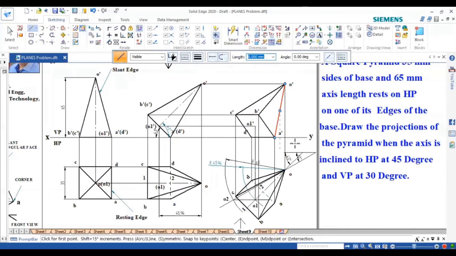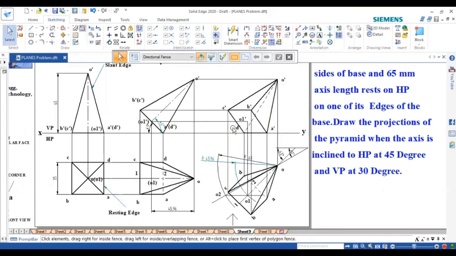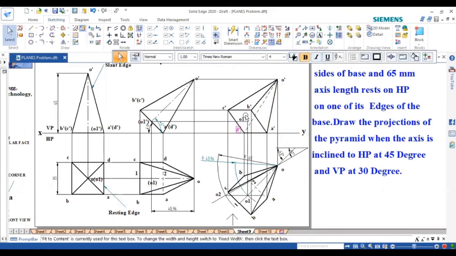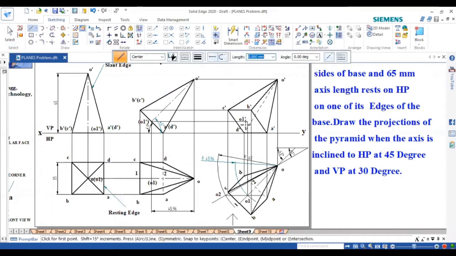See now, this is how the visible edges are identified, right? So O dash A dash, O dash B dash, C dash. The upper edges are first visible. Then the one not visible, the farthest end from the apex, is O dash D dash. So that should be a hidden line. So this is the hidden line, and that will be kept here. Since the base is visible, O dash is visible. So now I can draw the center axis line, O and O dash, O and O1 dash, the center axis.